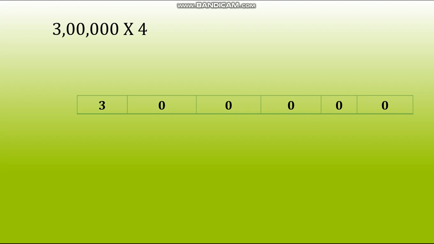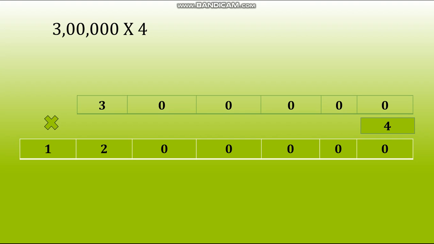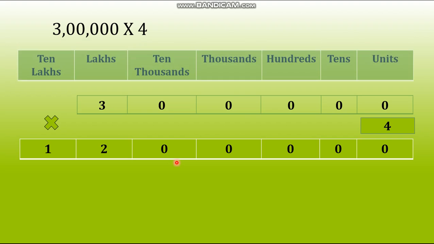So, let us start multiplication. Here I have written 3 lakh, which we are going to multiply by 4. So, what will happen over here? 400, 400, 400, 400. Likewise, we will get 0 till this place, and then 4 3s are 12. Now, if you see this last answer, you will find that 1, 2, 3, 4, 5, 6, 7 digits are formed in this number.